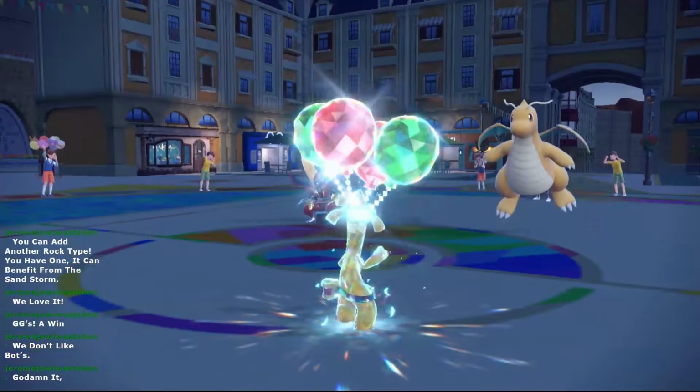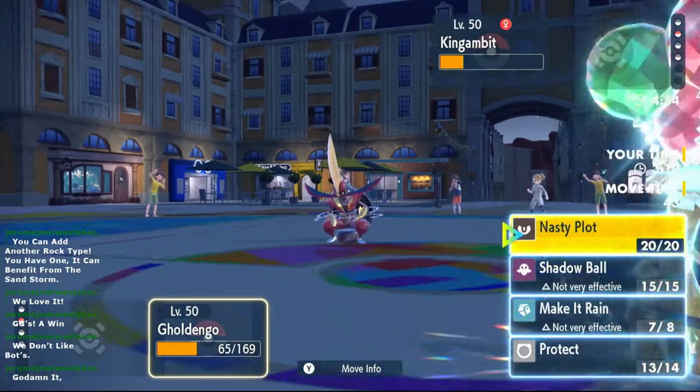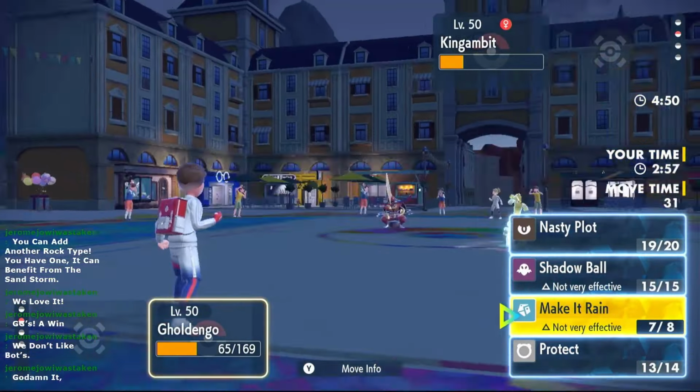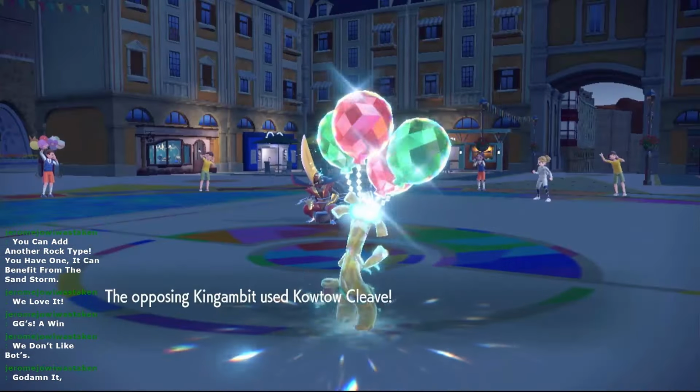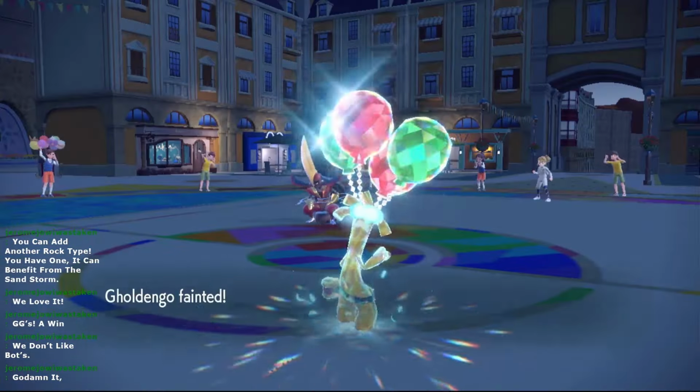Eventually it comes down to Sandslash and Goldengo versus Dragonite and Kingambit, and this is where I misplay. Here's where I should have protected on Sandslash since Dragonite is running Extreme Speed and sees a low HP target. Terra Flying Dengo eats a Sucker Punch, kills Dragonite, and I'm left in the dreaded Sucker Punch 50-50, which I